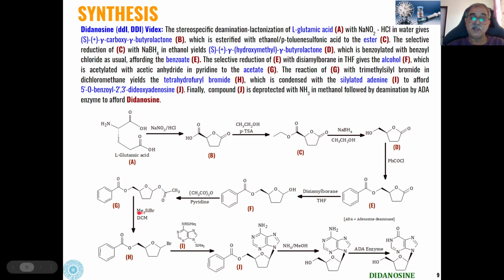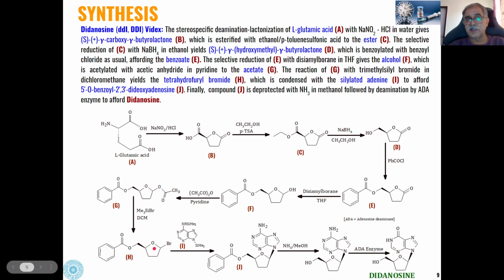And then this will react with trimethylsilyl bromide. So bromination at this carbon will take place with the removal of acetate ion from here. So trimethylsilyl acetate will be formed, and this bromide will be shifted to this carbon. The corresponding bromide will be formed. Then this furan bromide, tetrahydrofuran bromide derivative